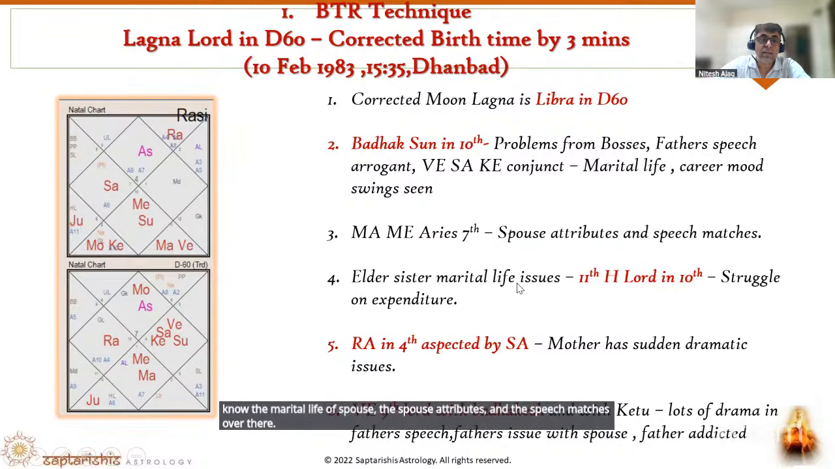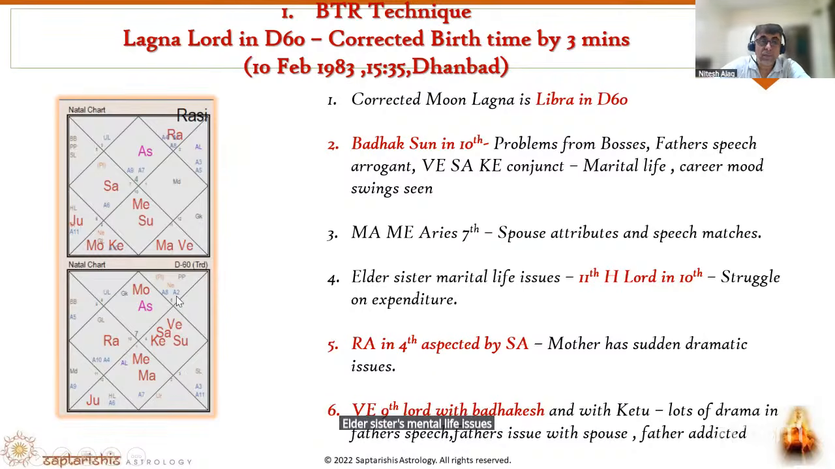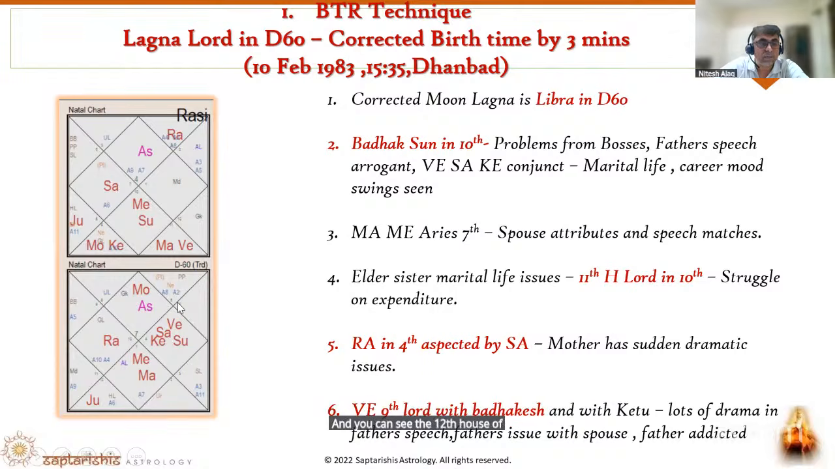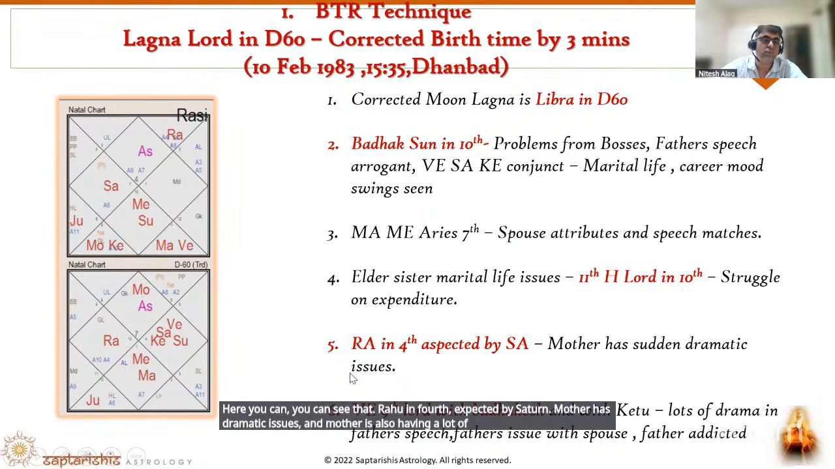Elder sister, marital life issues, you see it by your 11th house. So the 11th Lord is in the 10th, that is the Sun in the 10th, and you can see the 12th house of the elder sister. Here you can see Rahu in the 4th, aspected by Saturn. Mother has dramatic issues, and mother is also having a lot of health issues, so these things are there